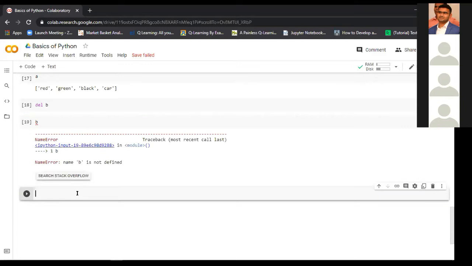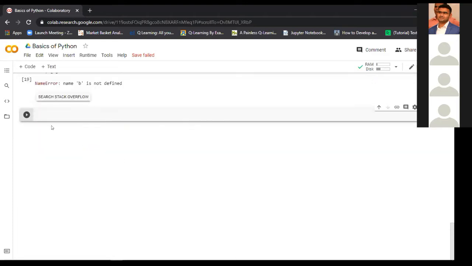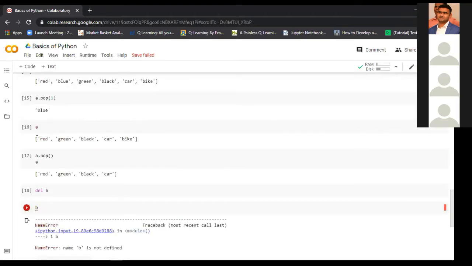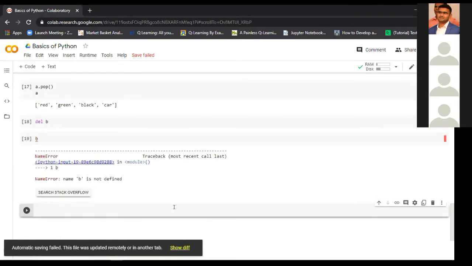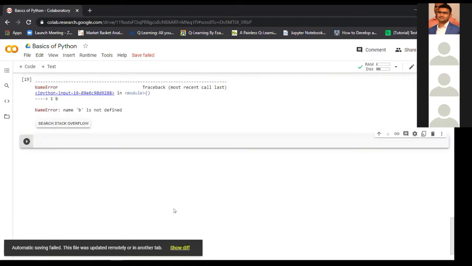But what if we want to clear, meaning empty, the list? You want to delete every element from the list but not the complete list. If you know that we have the truncate function in SQL that deletes the data from the tables and keeps the table structure, it is like that.